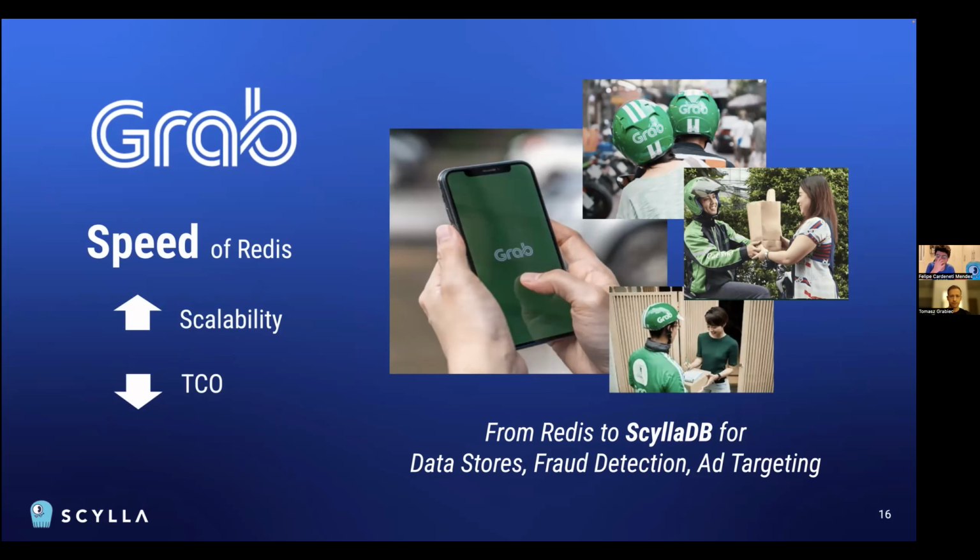It's actually interesting that Grab said themselves that one of the aspects they really liked about ScyllaDB is the fact that it has the speed of Redis. So if you are interested, take the time to read their case study explaining their path and the decisions